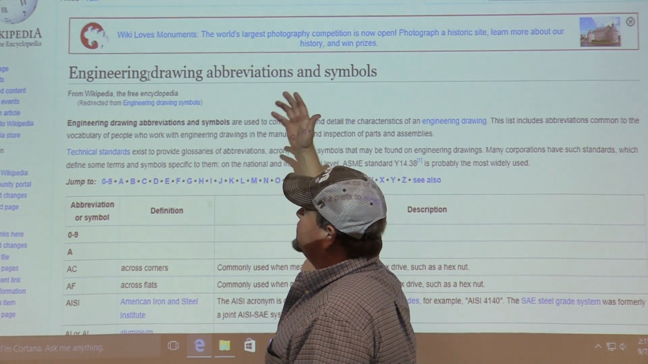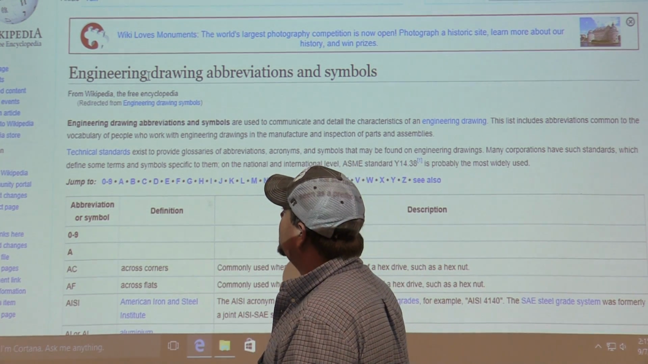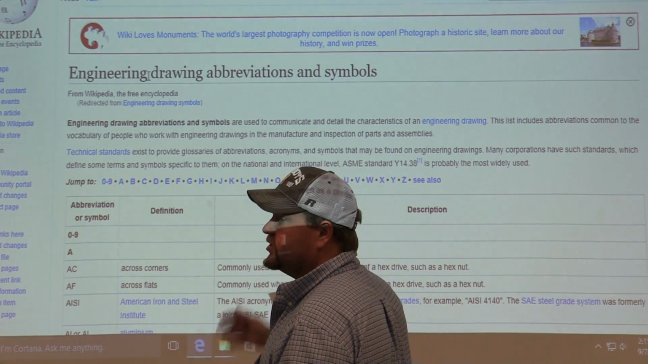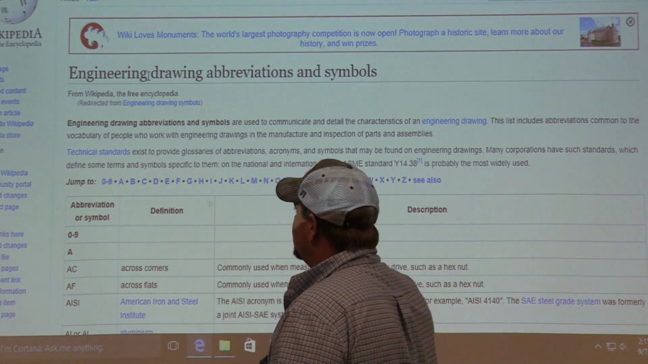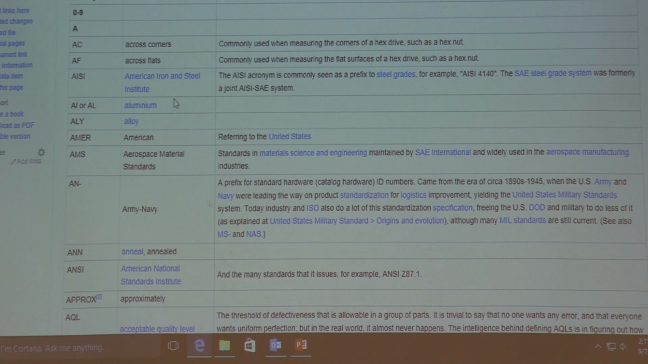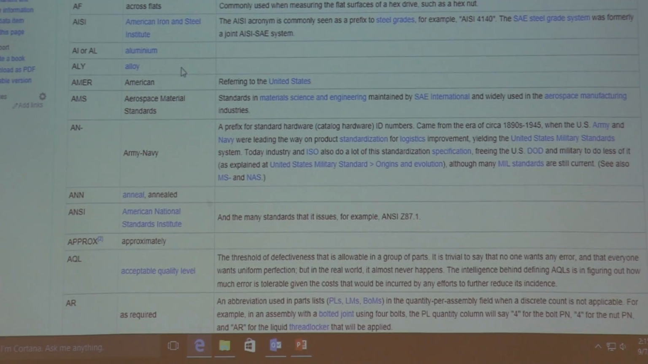But I just typed in machining, drawing, and symbols. So it brought up here engineering drawing abbreviations and symbols. So we want to walk through this for a minute. And we're just going to talk about a couple things here. As you're working through this chapter, feel free to Google the abbreviations. So a big one right here is going to be